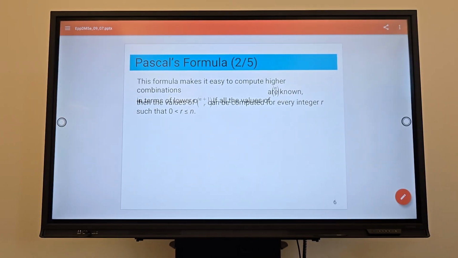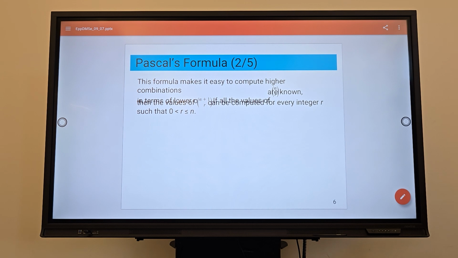This formula makes it easy to compute higher combinations in terms of n plus 1 choose r and n choose r. If they are known, then the values of